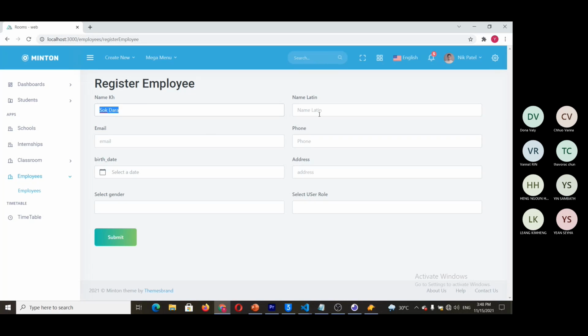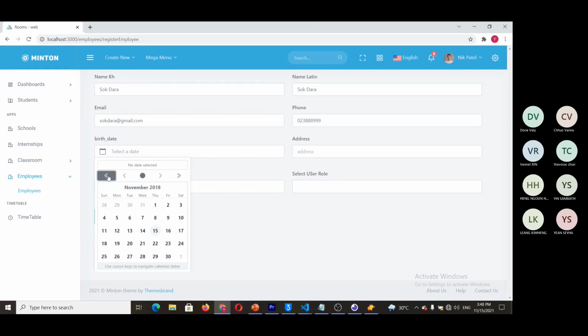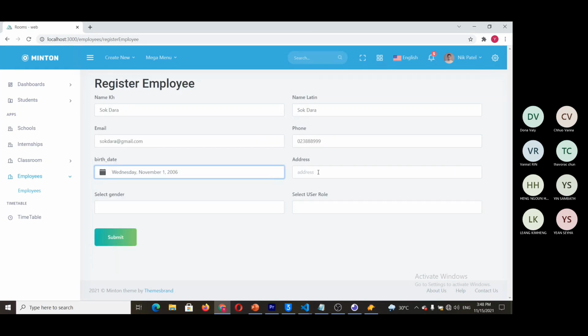I just input the name Latang for an easy example, Sokdara at gmail.com and a phone number, and I can select her birthday, Phnom Penh, Cambodia. After I register, this message will be displayed and disappear.